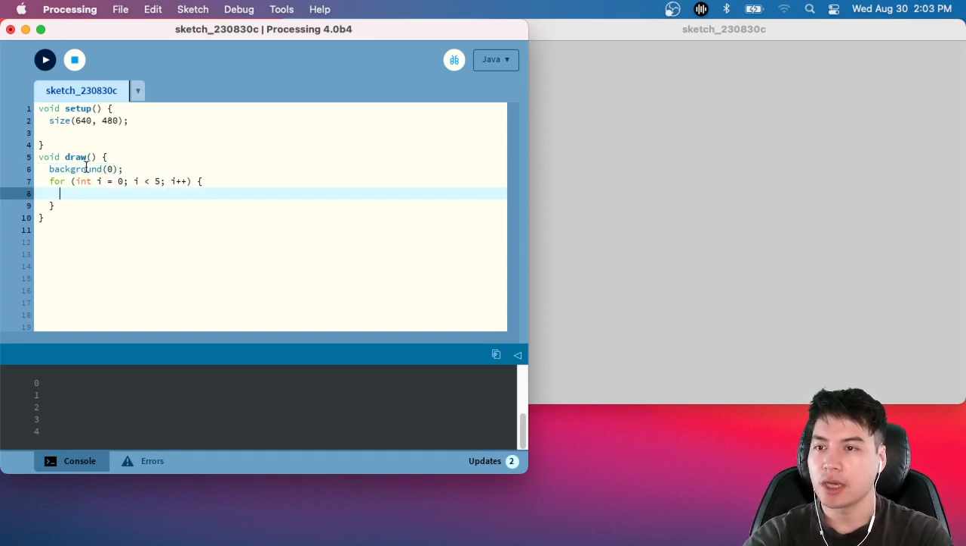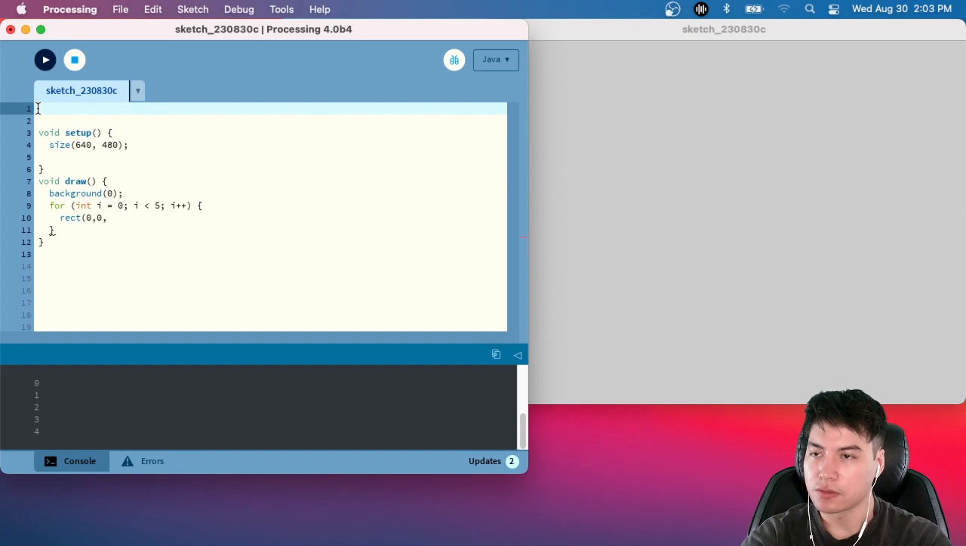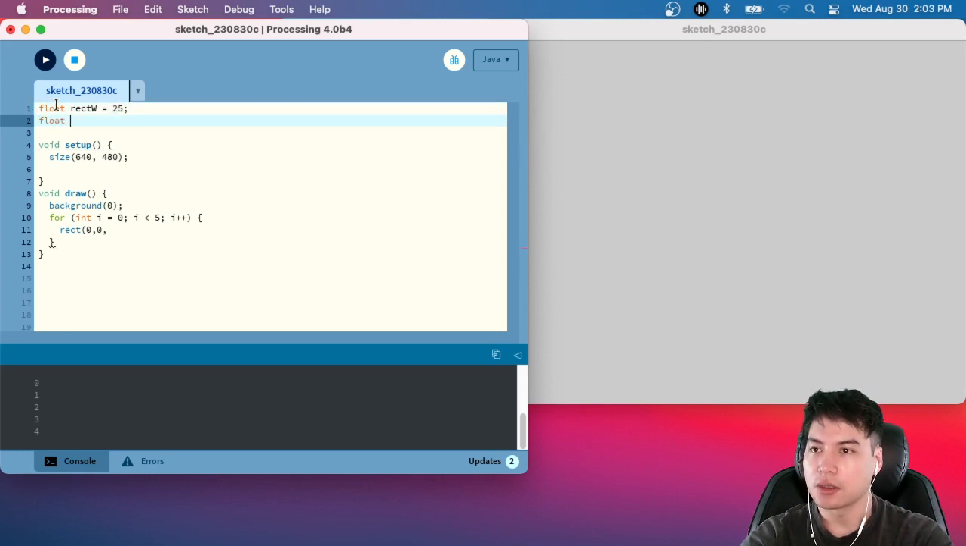And let's say every time you run through this loop, I would like for you to draw a rect at x equals 0, 0, and then let's create a couple variables for ourselves. Let's say rect width. Let's make this like 25, and let's say rect height equals like 100, just to see what that looks like. And we'll say rect